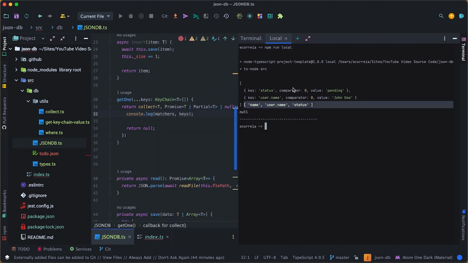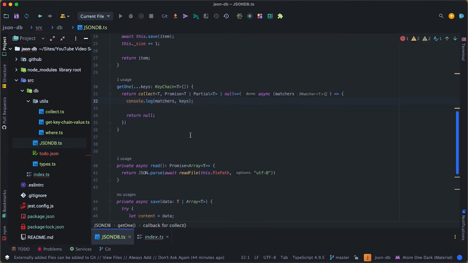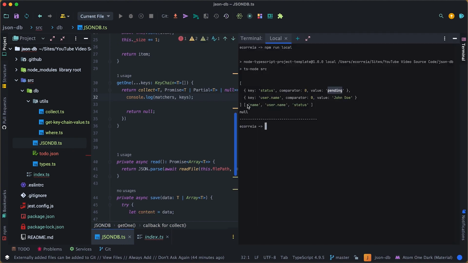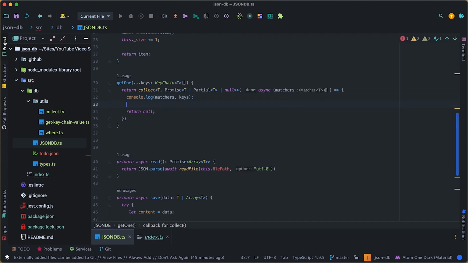So we have the keys and we have the matcher. We see which status comparator 0. 0 means, because it's in an enum, pending, and value John Doe. We want to think. So we have the comparators we need to go through, which we know is an array. We know the keys. Let's first handle the comparison. So how do we collect this comparison now and convert them into true or false? For that,